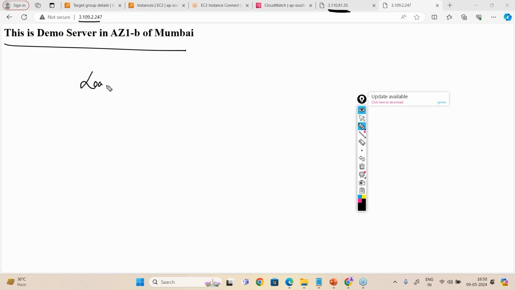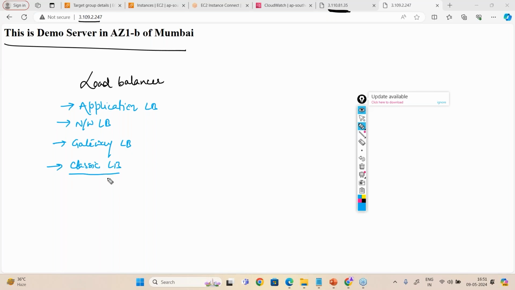So overall target group is created, but we are going to talk on load balancer. When I talk of load balancer in AWS, my dear friend, we have four load balancers. We have application load balancer, that is the agenda today. We have network load balancer, gateway load balancer, and classic load balancer.